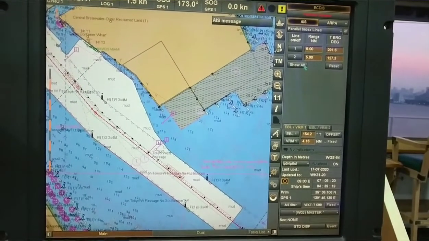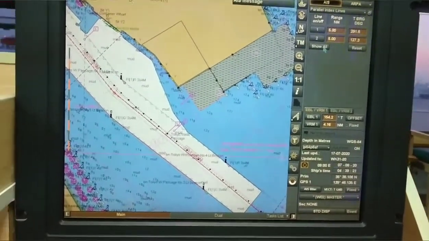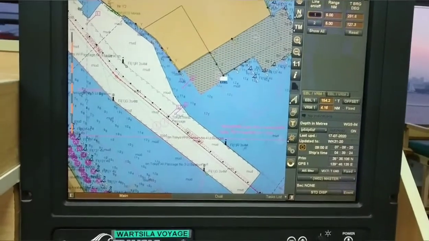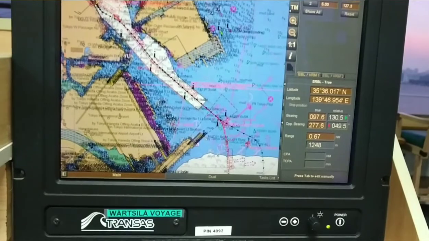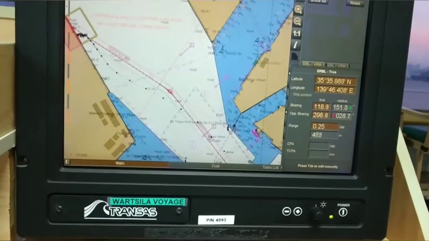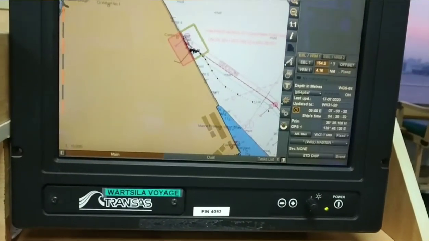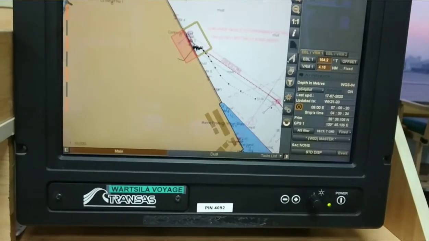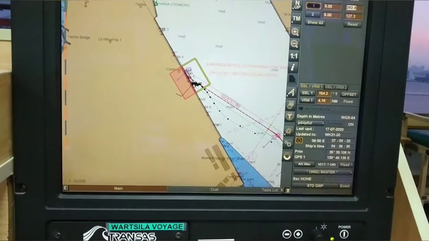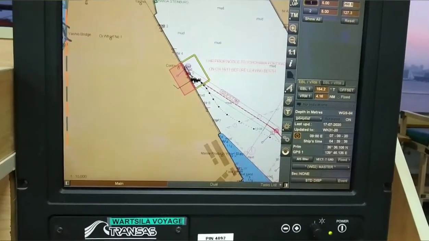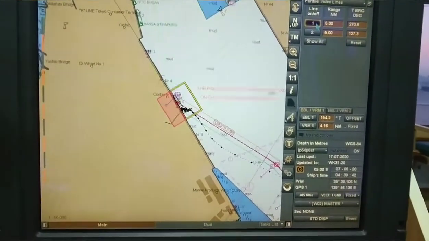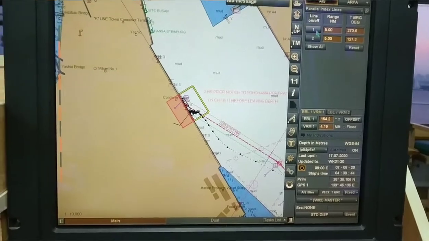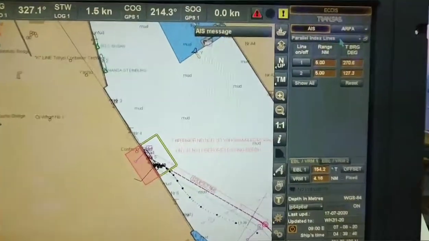I put the PI, line 1 on, and the PI activates. I can turn the PI by changing the bearing and then set and reset. If you want to switch off your PI, switch off, switch on, switch off. This is parallel indexing lines.